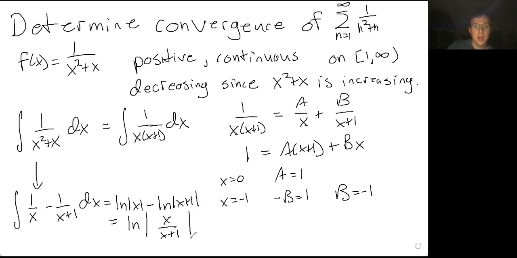So this is a logarithm rule. One way you might remember it is if you're dividing inside a logarithm, you can break it up into two separate logs subtracted. You can also reverse that process. And to be completely correct, we'll put a plus C there, but we're not going to need it since we're really doing an improper integral. So this is our integral,